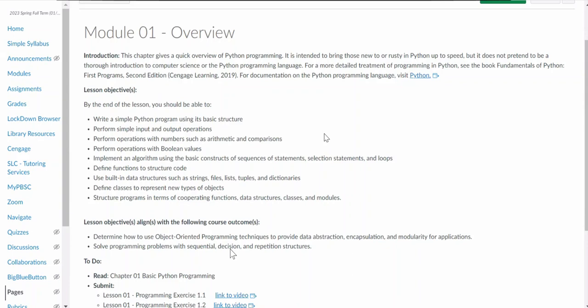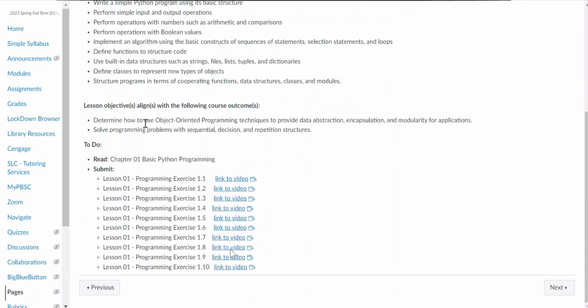I'm going to post links in another page in this first module, and I'll put a link on here. So I've got some to do in here, and it says read the first chapter. I've got more going on in here than that in that first module. So in the first module, not only do I want you to read the first chapter in the book in MindTap, that'll prep you for this. If you're not fresh in Python,